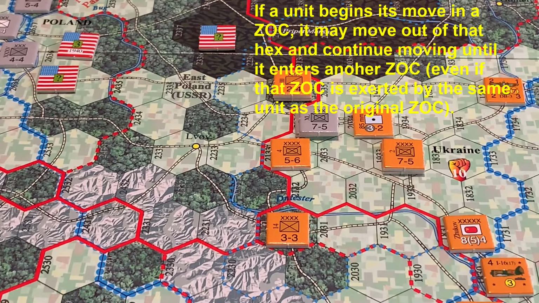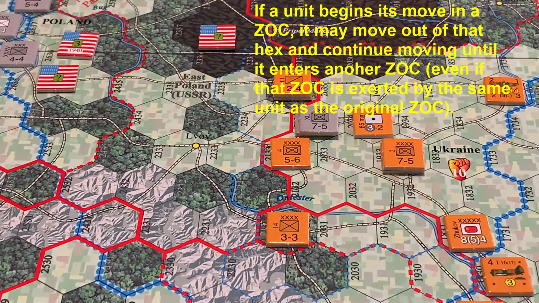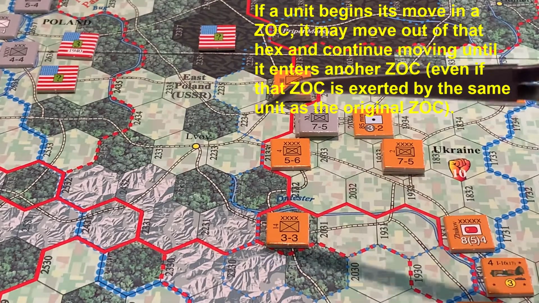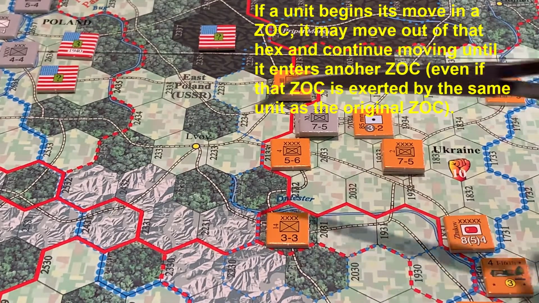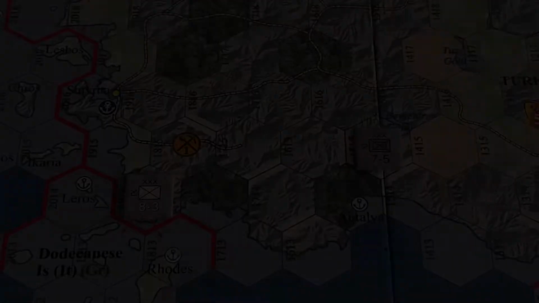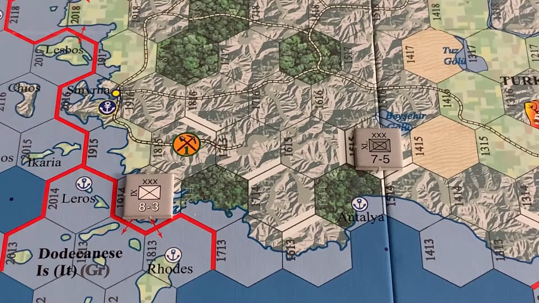So you can see that this cordon will not stop the enemy cold, but it will slow them down as it takes them a couple of impulses to sort of ooze through the gaps in the line. Now, there are some limitations on zones of